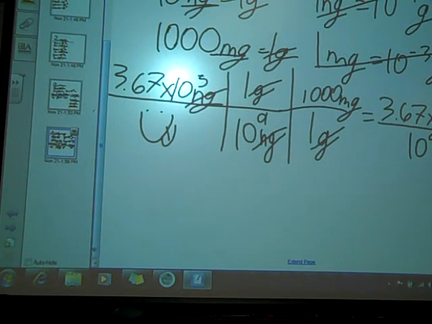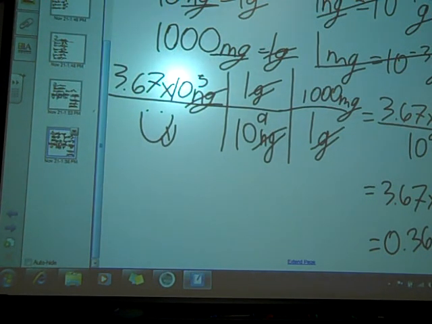Divide top by bottom. And we get 3.67 times 10 to the negative 1. If you're keeping it in scientific notation, we don't have to do that. We can always go onwards to the regular decimal form. So long as we have our unit,